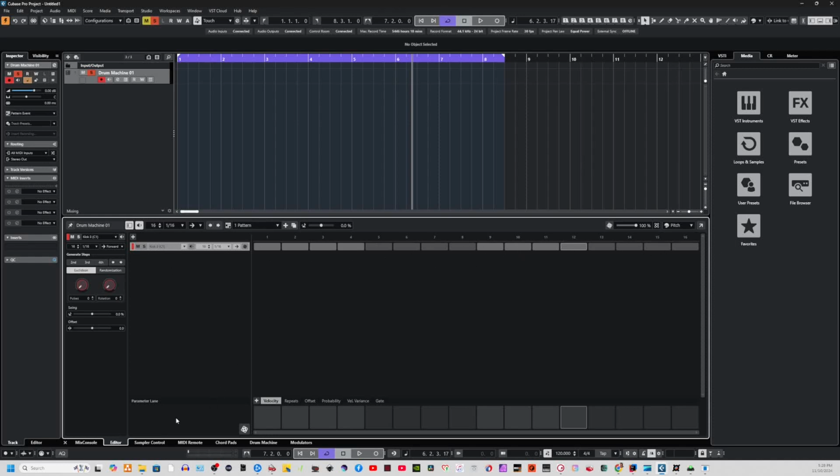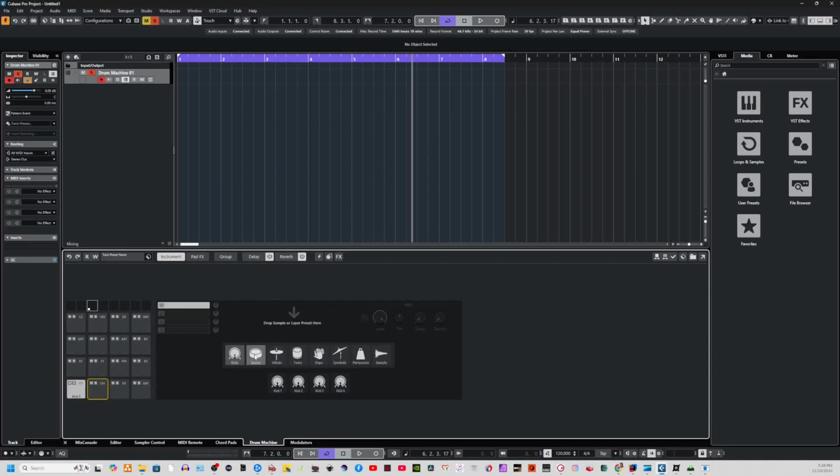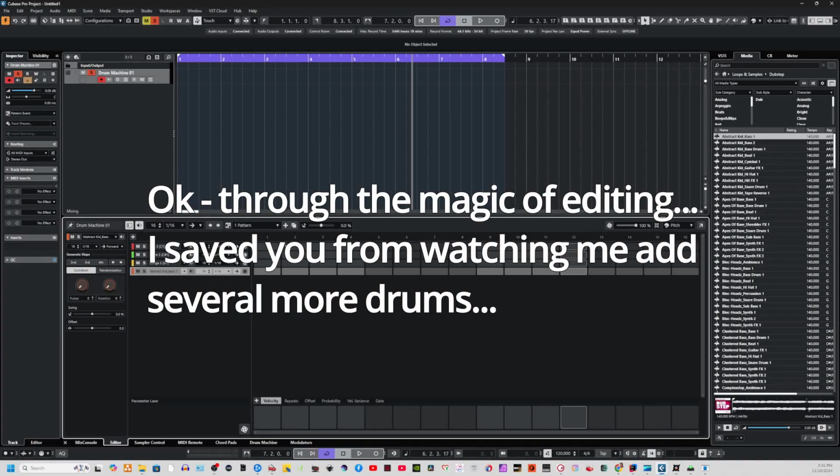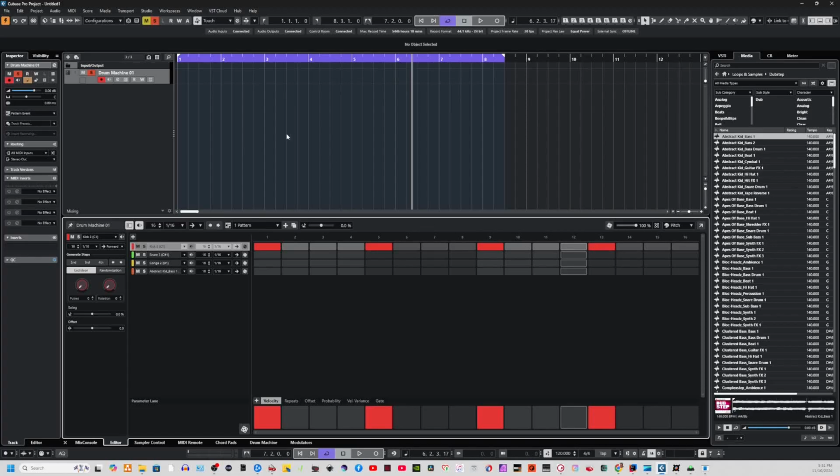If I go back over to my drum machine, we'll add a couple other instruments here for the heck of it while we're talking about this. Now that we have some drums in there, you'll see the more drums you add of the 16, the more there are here in rows. So now I can go in here and say, okay, I want my kick drum to be 4 on the floor. Okay, let's just turn this on. All right, so we'll add some